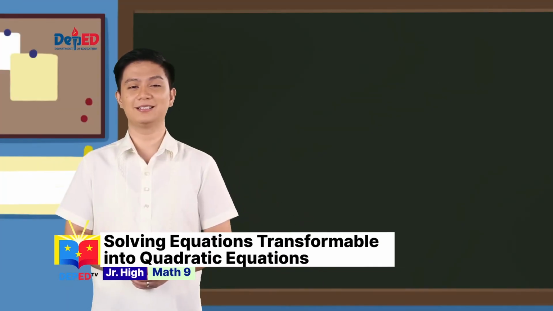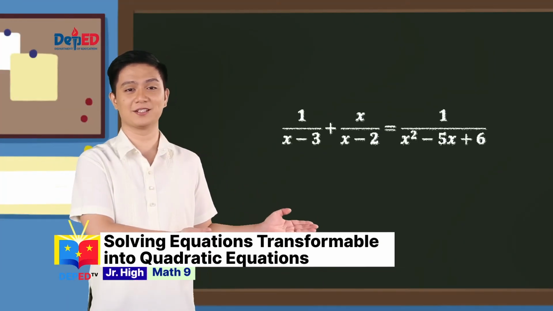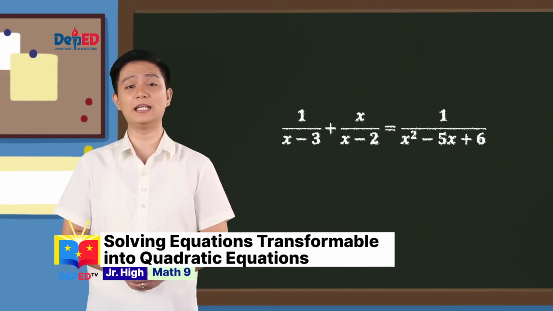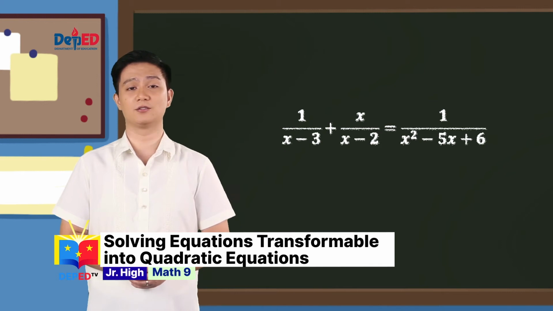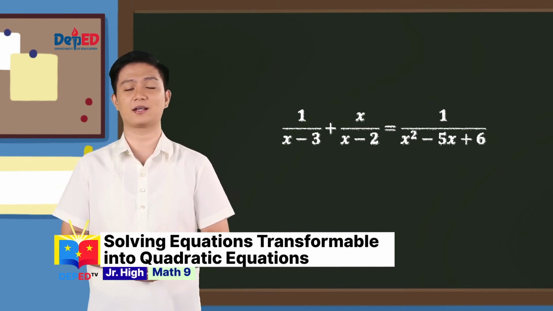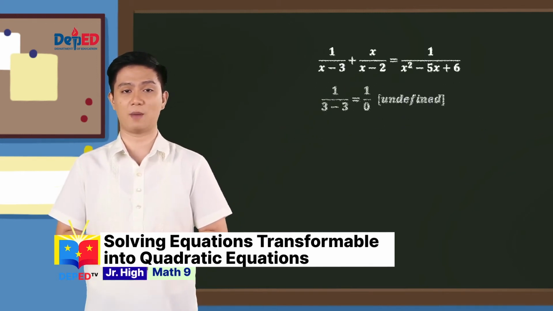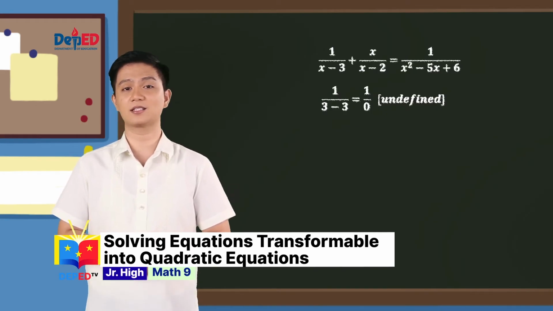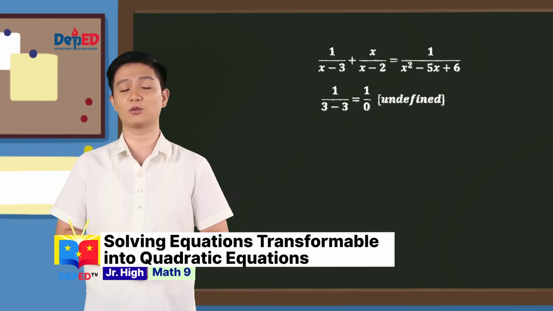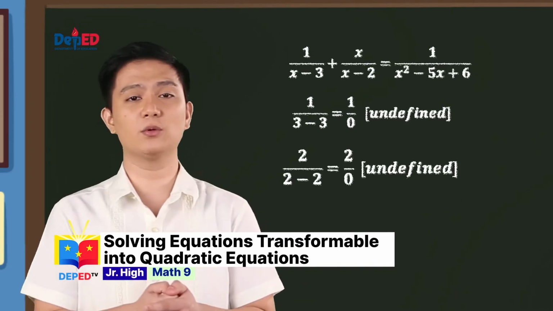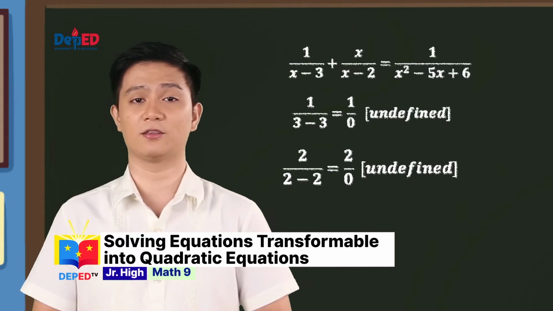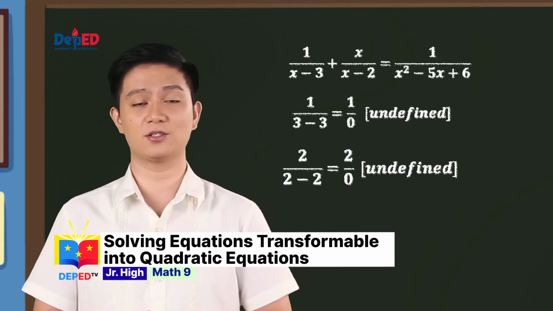One last example. Let's solve this equation. x should not be equal to 3, nor should it be equal to 2. 3 and 2 are called the excluded values of x. This is because x minus 3 will be equal to 0 when x is 3, and hence 1 over x minus 3 will be undefined. x minus 2 will be equal to 0 when x is 2, and thus 1 over x minus 2 will